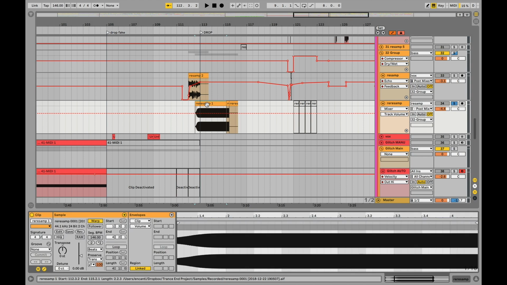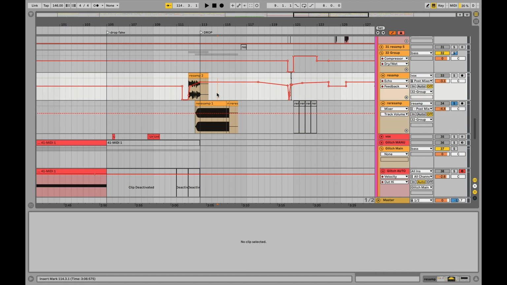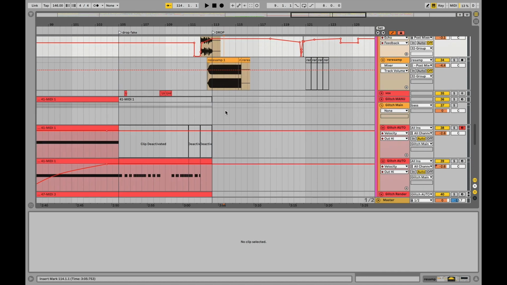And the only reason I do that is for me. So when I'm playing with this track, I don't need to worry about getting blasted by 125% feedback whenever I'm on bar 113. Let's go into the